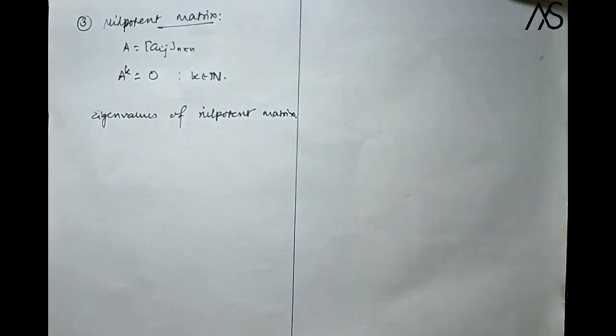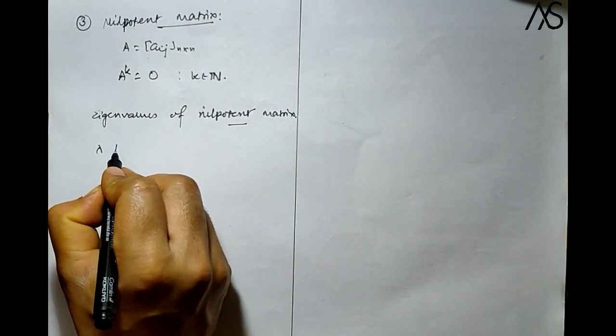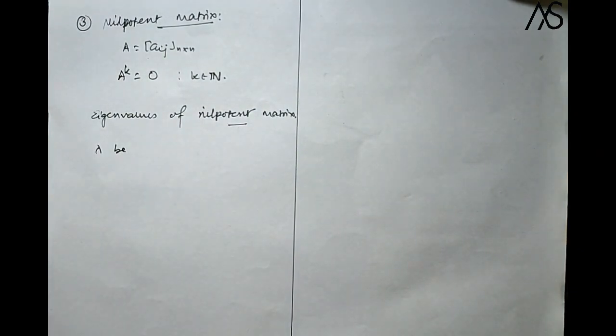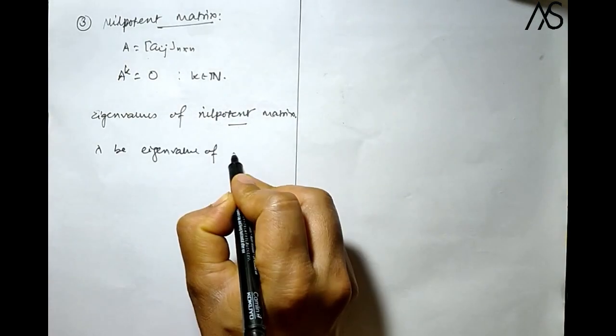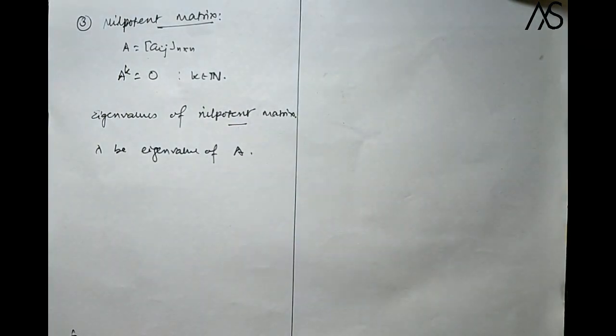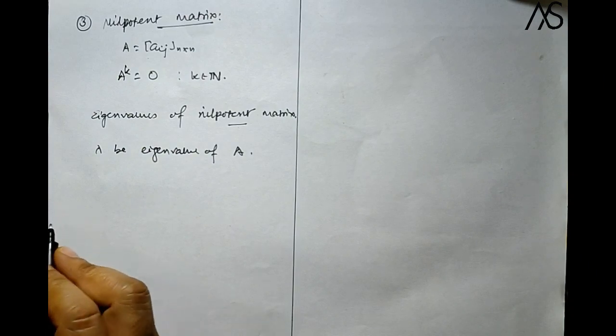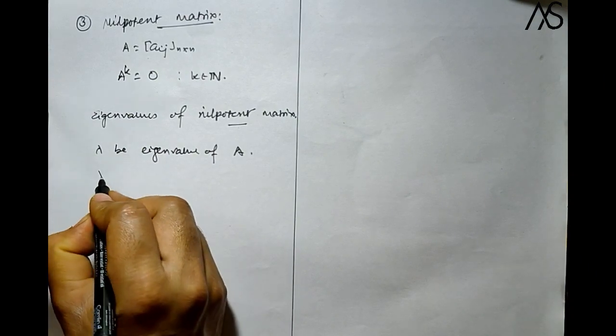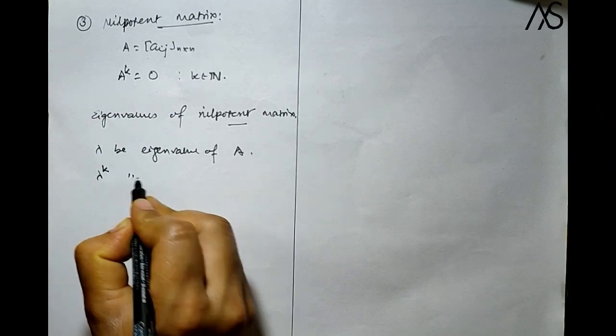ये तो हमें पता है. तो यहाँ से हम easily देख सकते हैं what are the possible eigenvalues of a nilpotent matrix. Okay, so easily देख सकते हैं. Suppose lambda be an eigenvalue of matrix A, and we know that by the result, the eigenvalue lambda to the power k